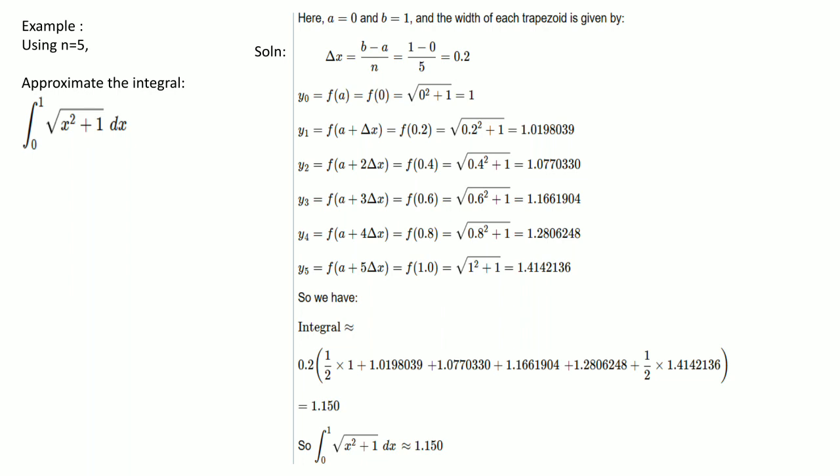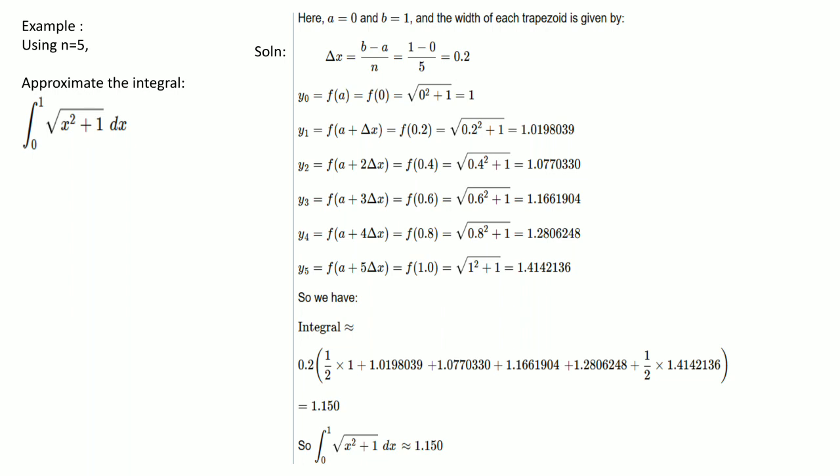Now the value of x goes on increasing by 0.2. We are starting at the initial value of x, 0, and the final value is 1. So the first point will be x0 equal to 0, then x1 will be equal to 0.2, x2 will be 0.4, x3 will be 0.6. Like this, the value of x goes on increasing by an increment of 0.2. So we have to find out the value of y0, y1, y2, y3 like this.